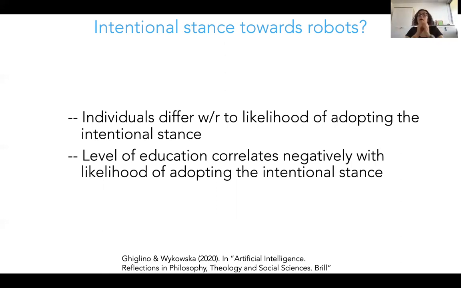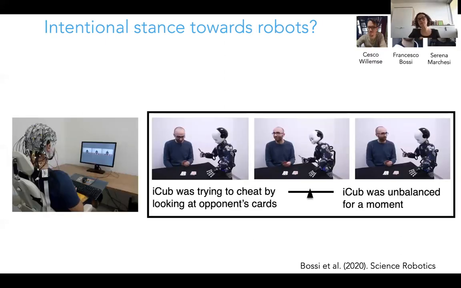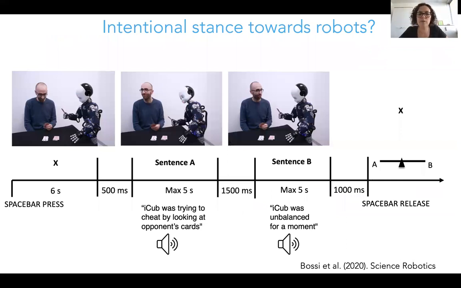Having observed these individual differences, we thought of something a bit crazy. We thought, let's see if we can see those differences at the neural level. So we invited our participants to the lab, and while they were doing this task, we also measured their EEG signal. We had to adapt this task a little bit so that the sentences wouldn't be written, so that we wouldn't have too many artifacts in the EEG signal. So they were spoken auditorily, and that's how the design looked. People would hear one description and the other. Of course, the order was counterbalanced and randomized.